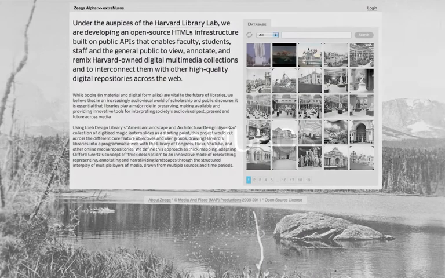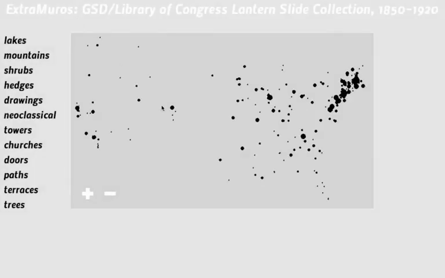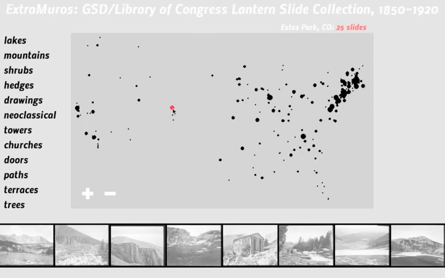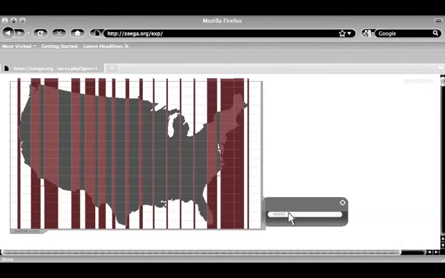extraMUROS is a groundbreaking project that creates a multimedia library without walls through an open-source HTML5 platform built on public APIs. The project has 4 key components. 1. Geolocation. extraMUROS enables the collaborative geoparsing of Harvard's digital media assets and offers new modes of geographic access and